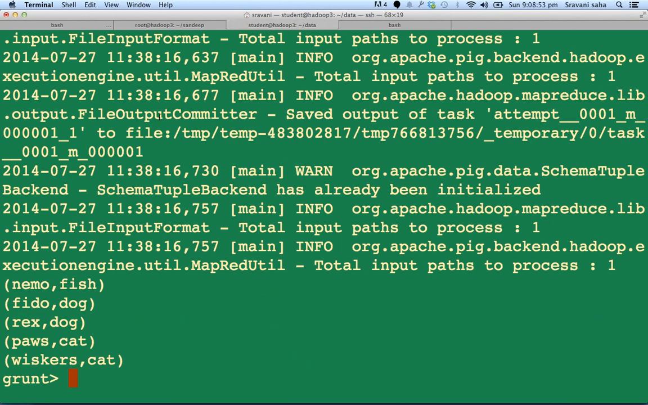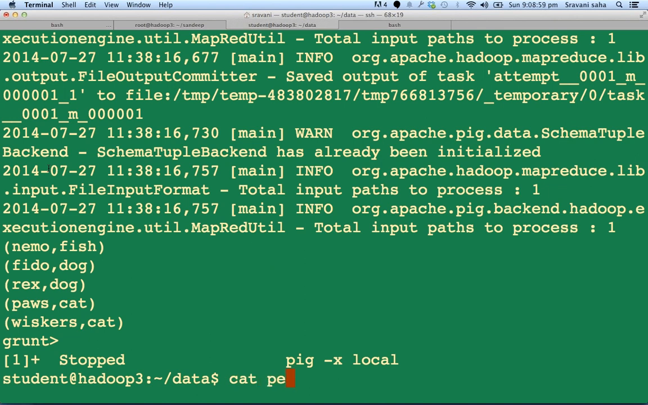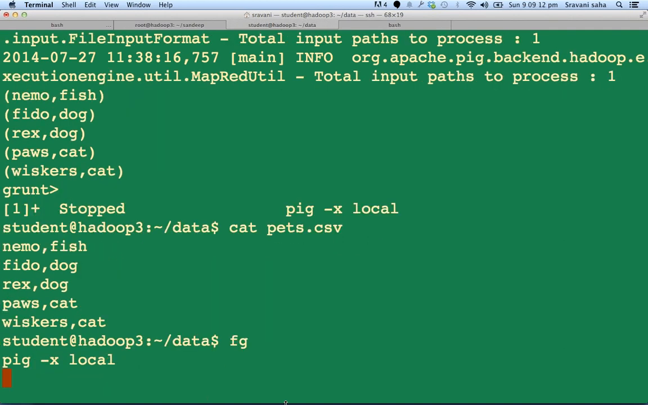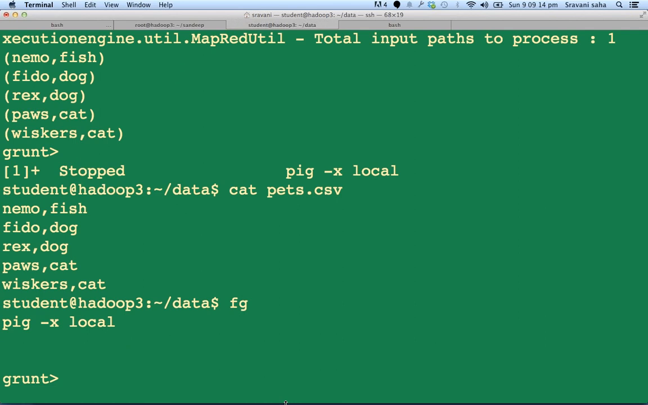So this is the data contained in pets. Now if you look at it, pets.csv is the file which had this data. Pets.csv contains comma separated values, and it got loaded into memory quickly. And similarly,